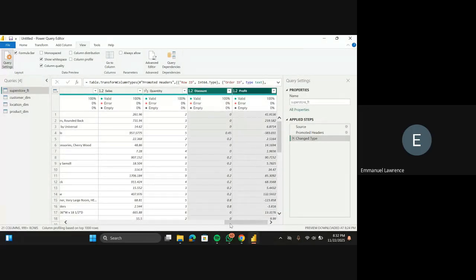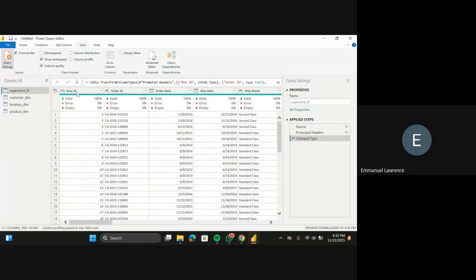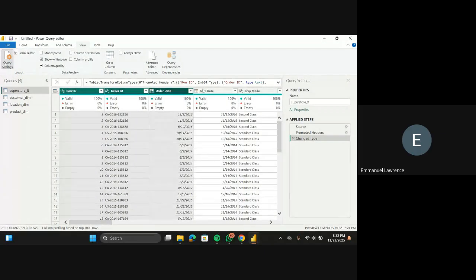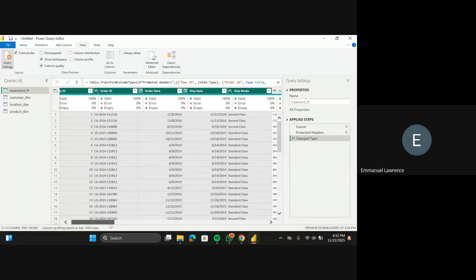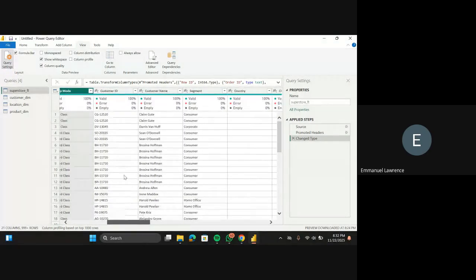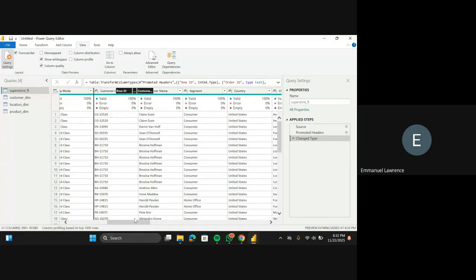Discount and profit. So let me do that again. Sorry, everything is unselected rather. It is row ID, order date, ship date, ship mode. Then I have customer ID. Okay, so let's do one by one then.